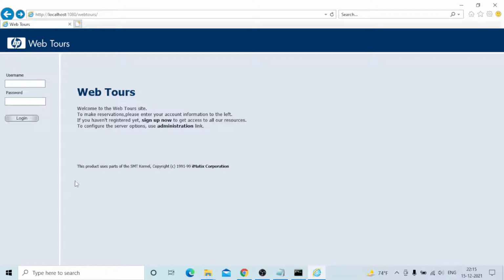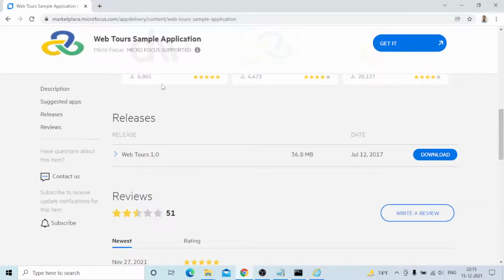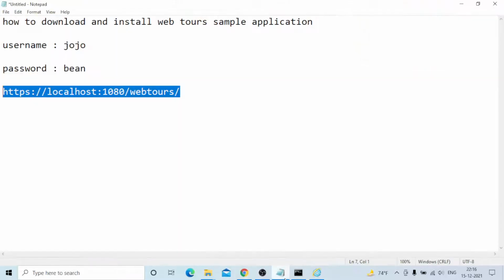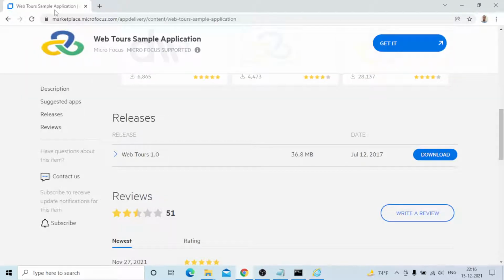And not only for performance, anywhere. Okay, I will explain just for the idea. From the Web Tours application point of view, this is only for setup. You need to download it from this location, marketplace.microfocus.com. Okay, I had already typed this, but it's not available. Marketplace.microfocus.com, you can go and sign up on the page.